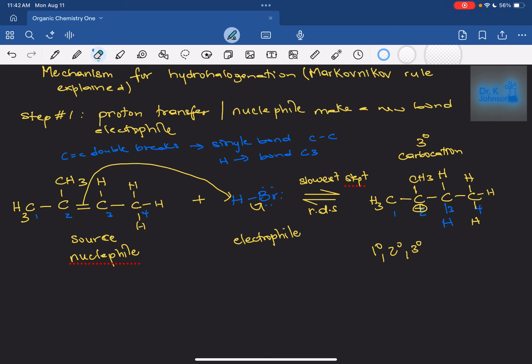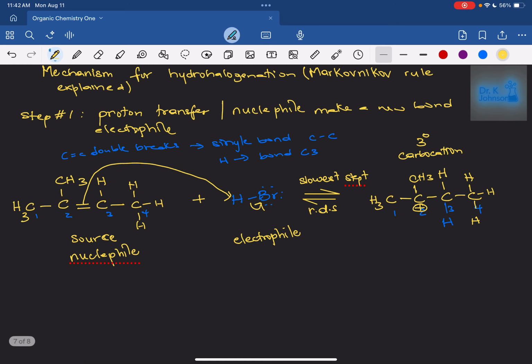Now, your tertiary carbocation is more stable than your secondary, than your primary. So in terms of stability, your tertiary carbocation is more stable than your secondary, more stable than your primary, right? So this is the more stable carbocation, and I am going to explain why this is the carbocation that the reaction goes through. This is how I will explain Markovnikov rule. We'll do that in a second. So plus,